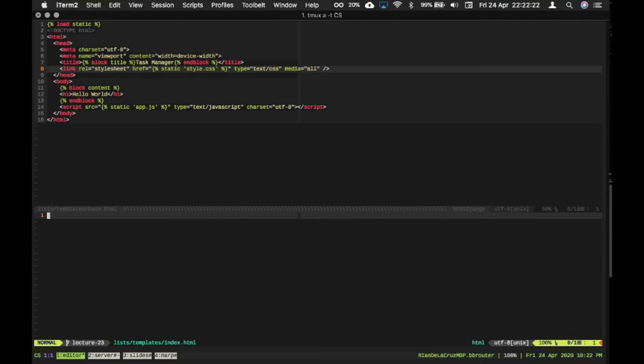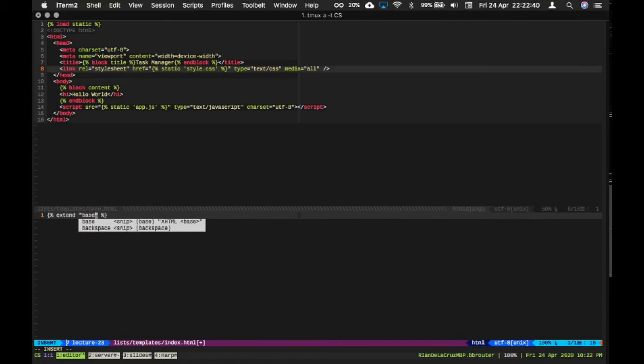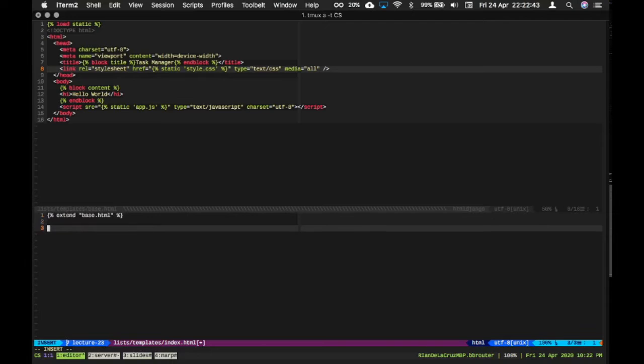So what I will do is, since this is an index file, I can call it something else. I will say, obviously I need to extend it first. Extend base.html, and then I want my block title, let's put our end block here. I want my title to say task list. Okay,